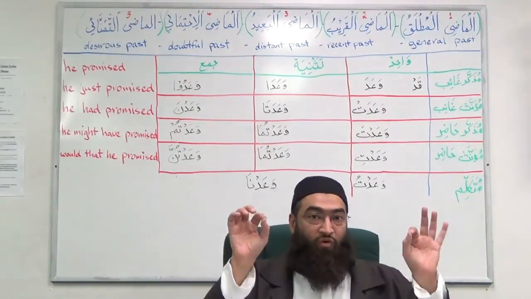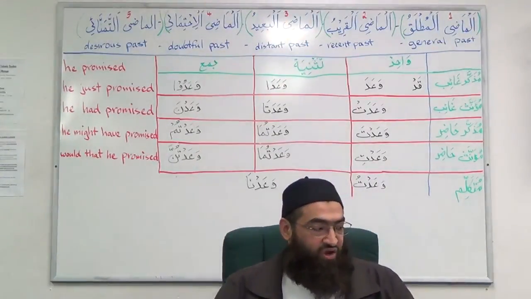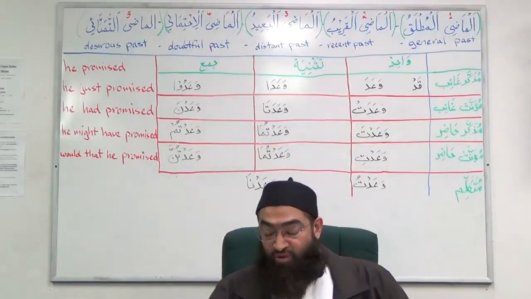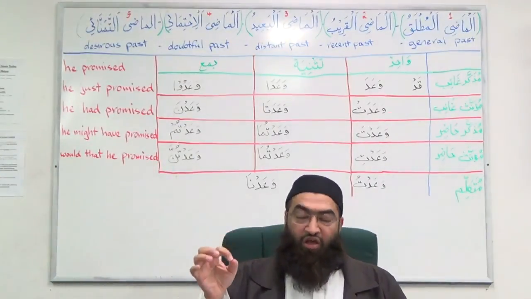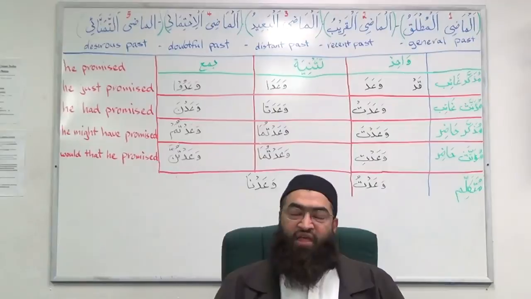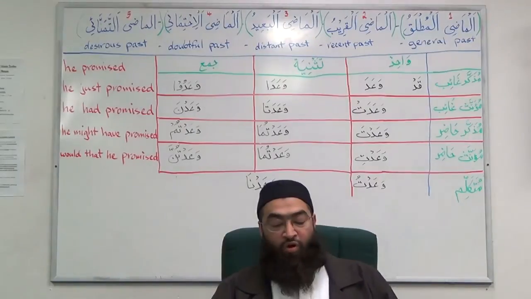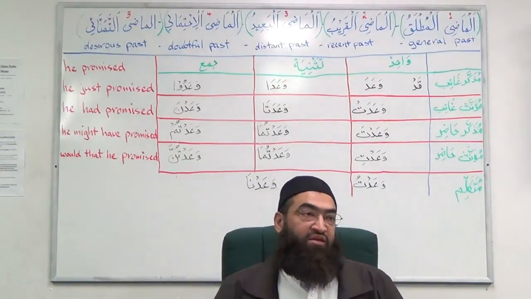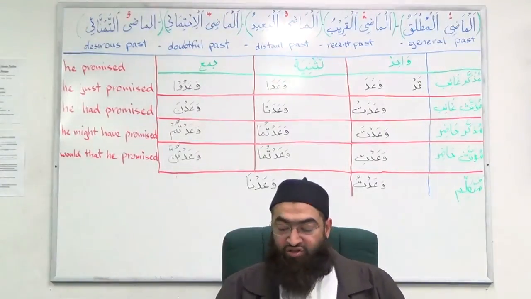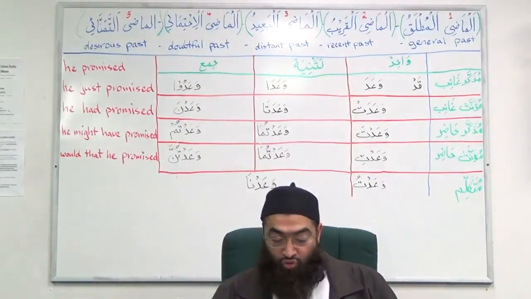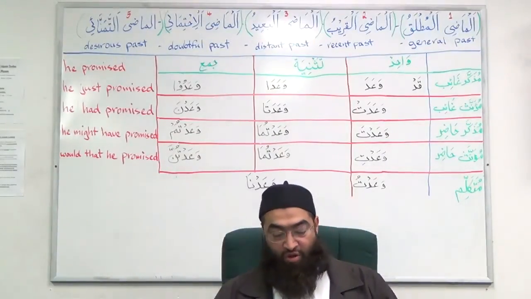So we should know that when we know now, the lam comes for emphasis, the qad comes for emphasis, now we know how strong this statement is from Allah subhanahu wa ta'ala. Alright, so the qad, when it comes on a fi'l madi, then it brings emphasis and it brings certainty. Then we mentioned that the word kana is also added on the fi'l al-madi, and when added, the fi'l madi changes the meaning to distant past. So something that happened a long time ago.